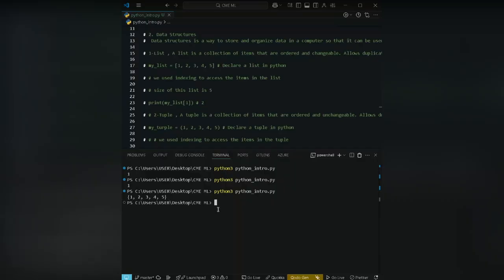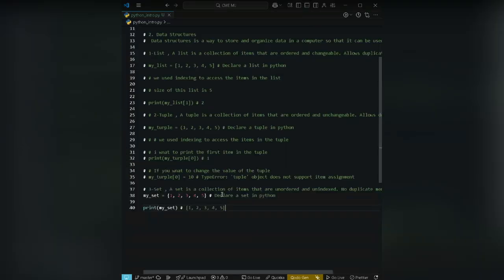But you cannot use indexing to print each separate value in a set. You cannot use indexing like what we do for a list and also in a tuple. You cannot use that here. So the next I'll be talking about is